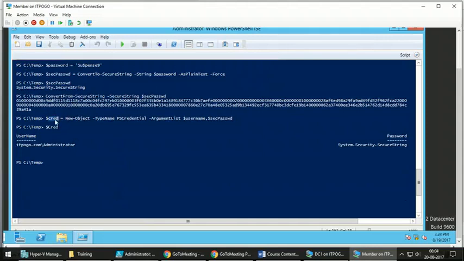So this way you have to first create a credential object. You can store the username, password and the server name in a CSV file. So every line in that CSV file will give you three things: the server name, username for that server and the password for that server.